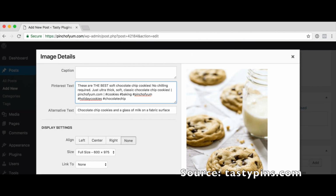So you can upload several photos along with the title and description that you prefer. This makes it easier on the person pinning because they don't have to think about what to put in the box, and this makes it better for you because you're getting the preferable keywords that are going to help promote your business. When I first got Tasty Pins, I went down a rabbit hole and